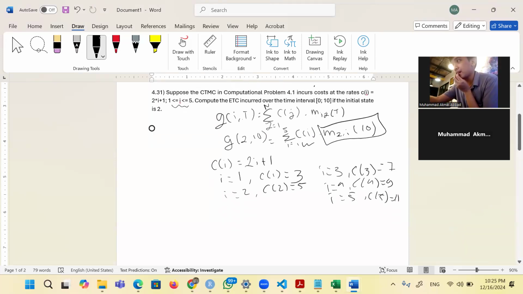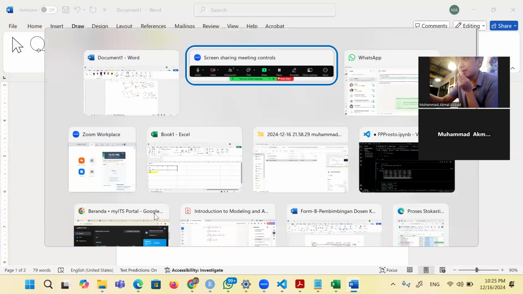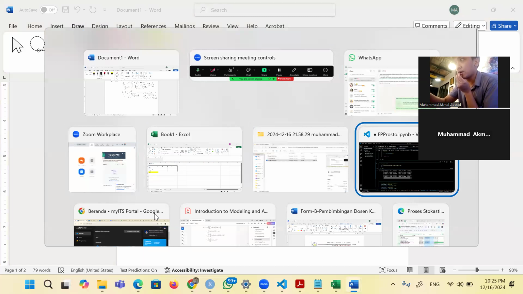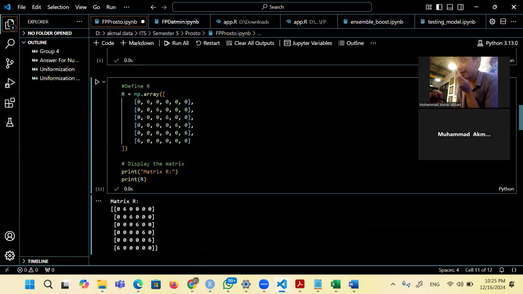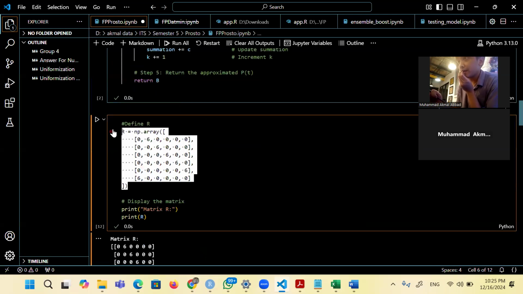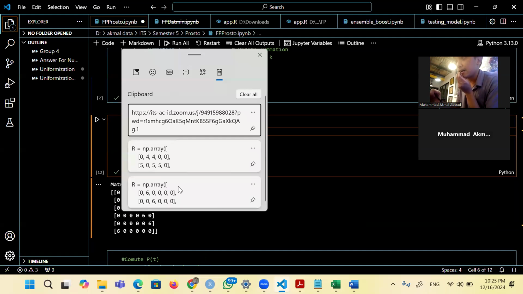And then we will calculate M(T). For M(T), we will use the help of Python, as I mentioned before. So here is the Python. We will declare the R matrix first. We define R, which is this one.